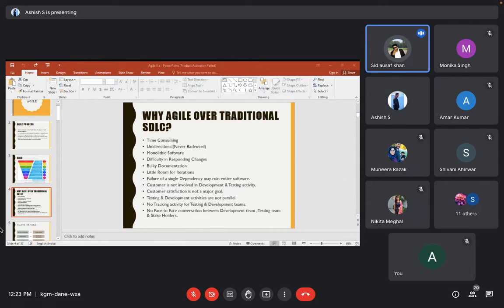If there's a defect, a little defect, which is just minor in the core source code, then the developer assigns the status can't fix. So it is not only the minor one. Any defect which is present in the core of the code, then the status will be can't fix. Both the answers are correct. Perfect. Now the same reason is here in your SDLCs. A small defect will be destroying the whole software itself. The failure of a single dependency may ruin the entire software. That is why we do not follow traditional models.